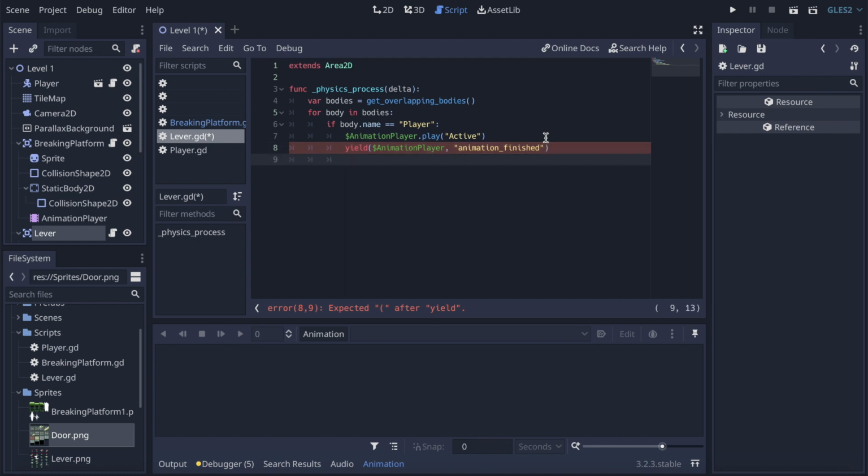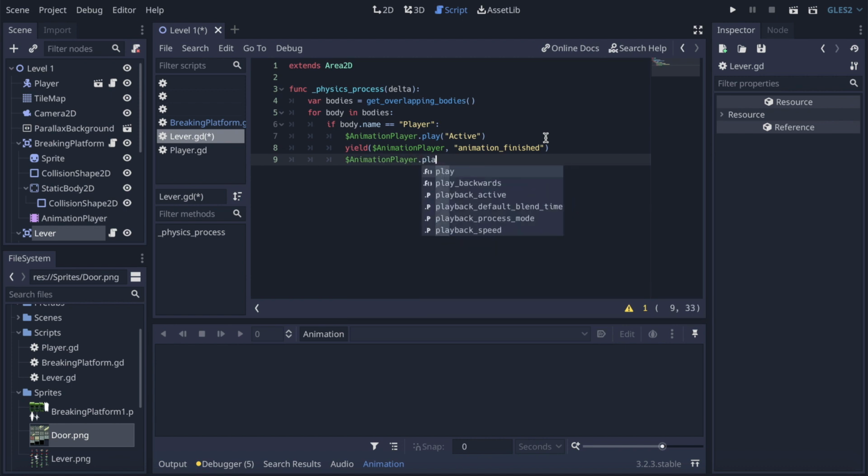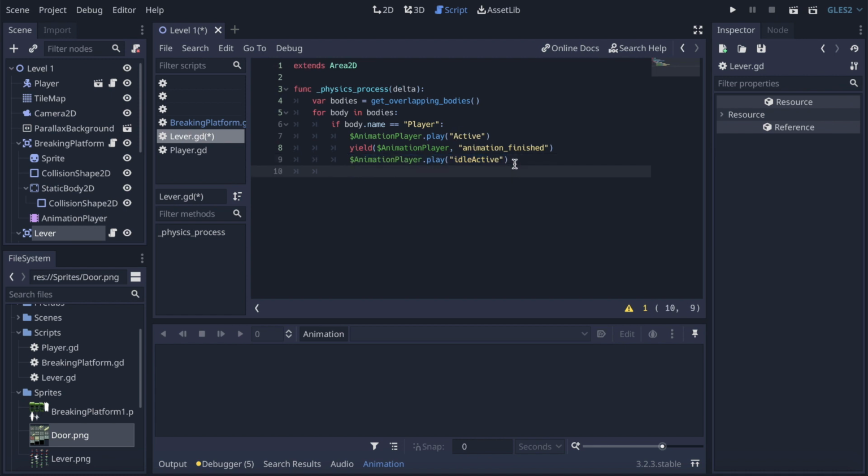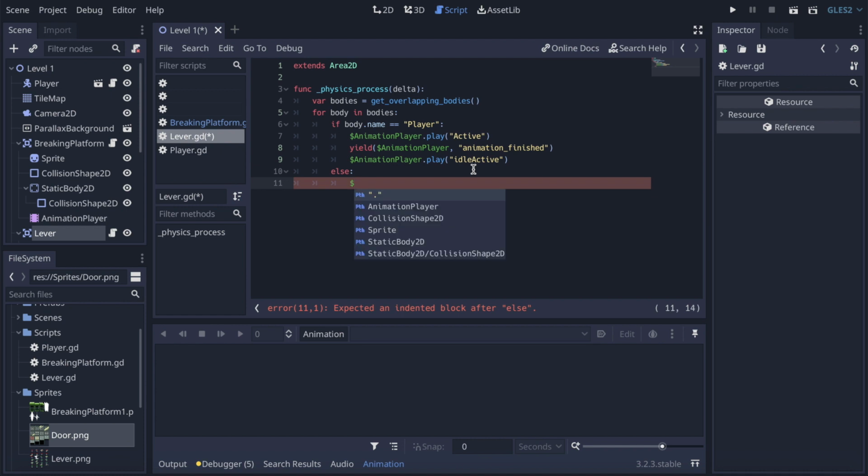Then we call the animation player dot play again, and this time it's going to be idle active, because here we are activating the lever, and that's the animation we have once the lever has been activated. And if it's not like that, else it's going to be animation player dot play